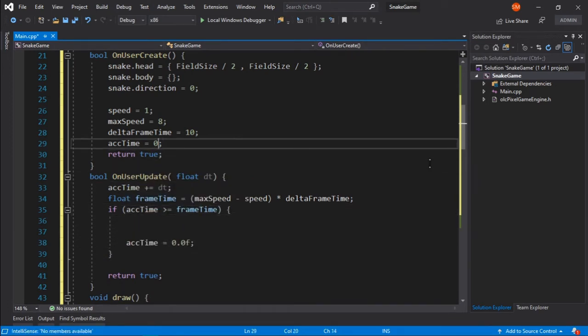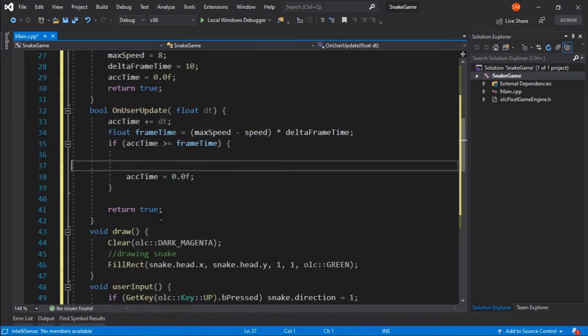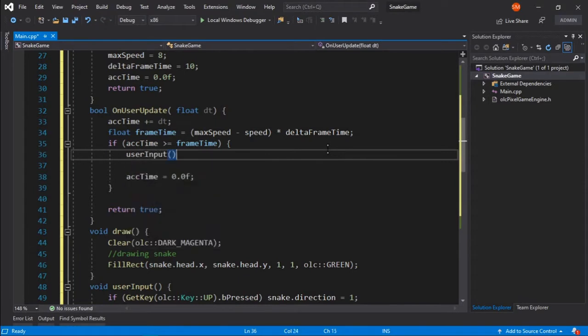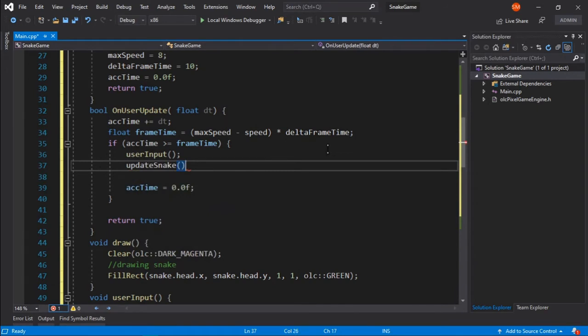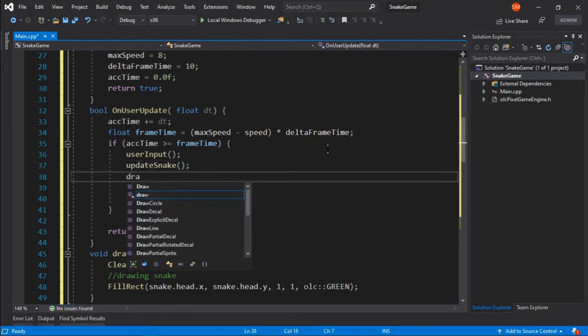So that will basically handle our control over time. So now we need to get user input, then we need to update our snake, and after our snake is updated we need to draw.